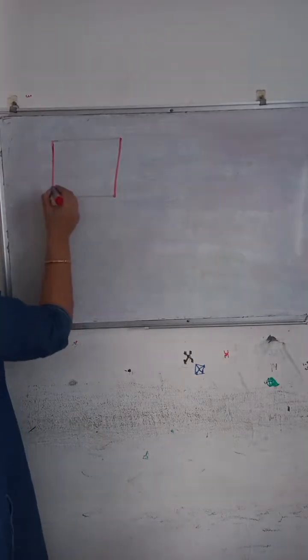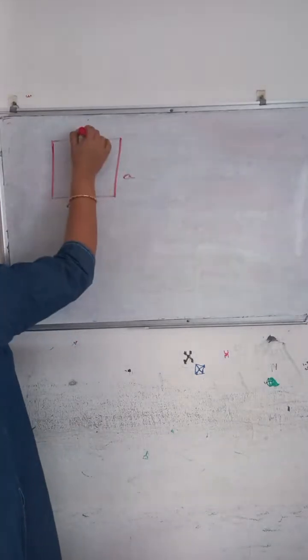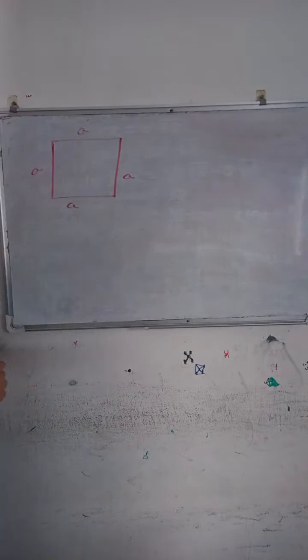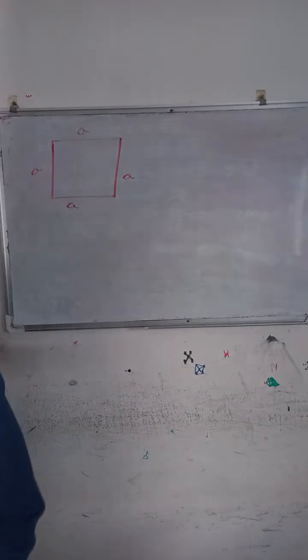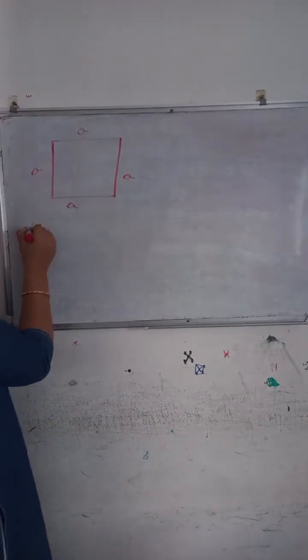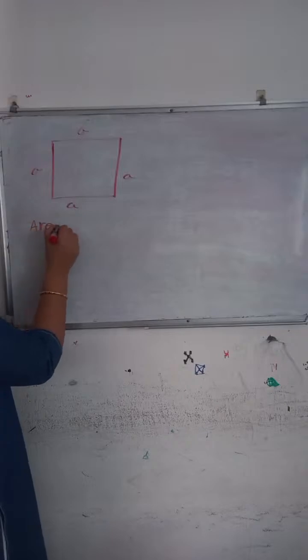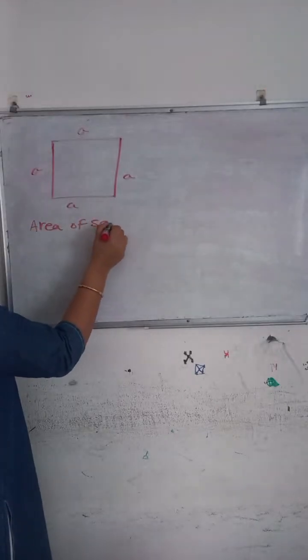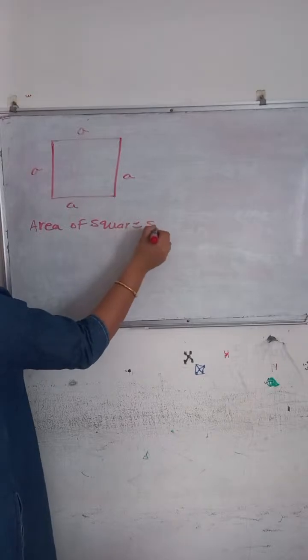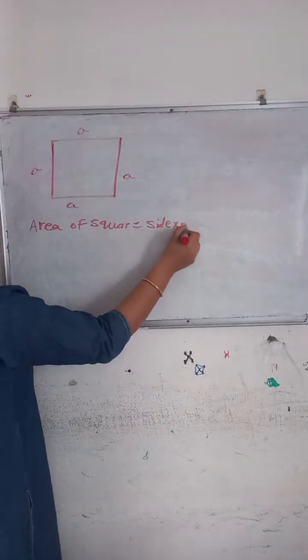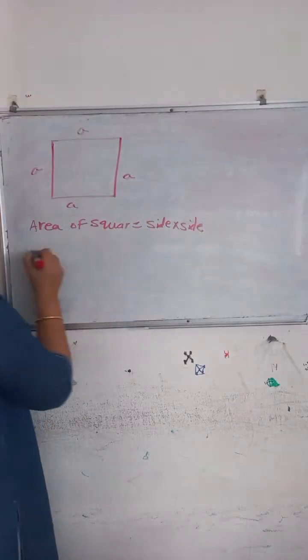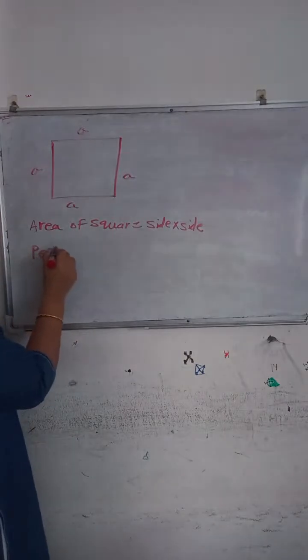This is a square. A square has four sides, and all the four sides are what? Equal. Their side lengths are equal. So the area of the square is nothing but side into side. Okay, and perimeter